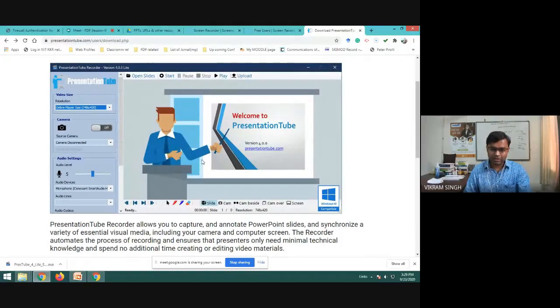Along with it, we have some additional buttons, like here you can see we have three to four options. Like by using these kinds of pens, we can write during the explanation or recording the video. If you want to mark something, if you want to add something, by using these different colored pens you can note it down or mark something in the PPT content. Similarly, if you want to erase something, you can directly use the eraser. So these are some common-sense utilities in the presentation tube.